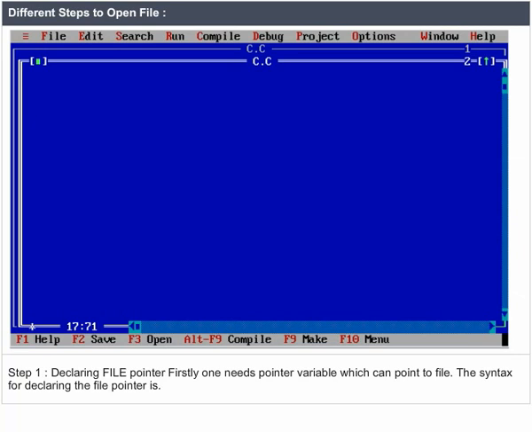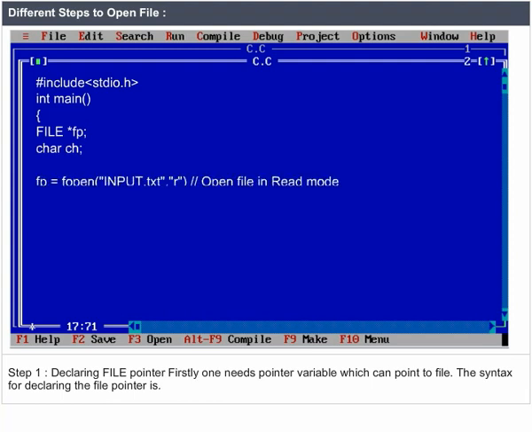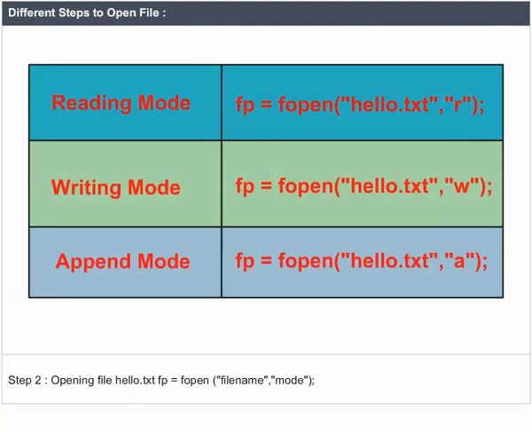Different steps to open a file. Step 1: Declaring the file pointer. Firstly, one needs a pointer variable which can point to the file. The syntax for declaring the file pointer is: Step 2: Opening the file hello.txt. fp = fopen("hello.txt", "mode");